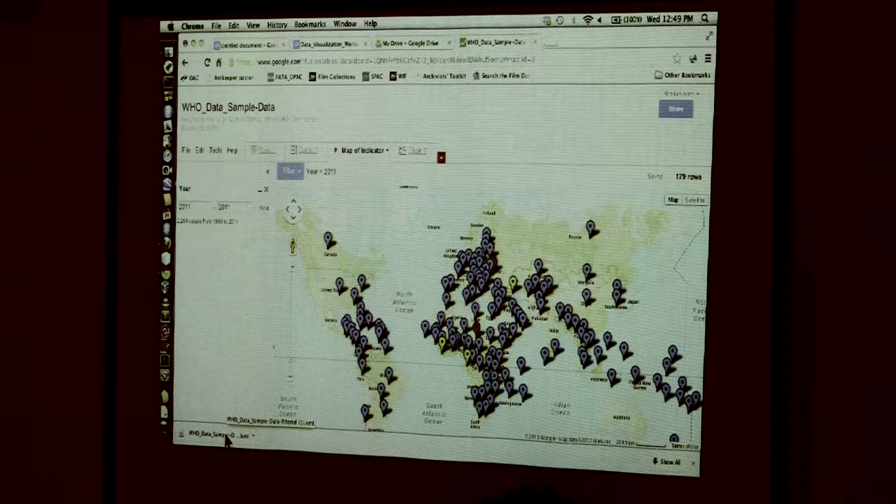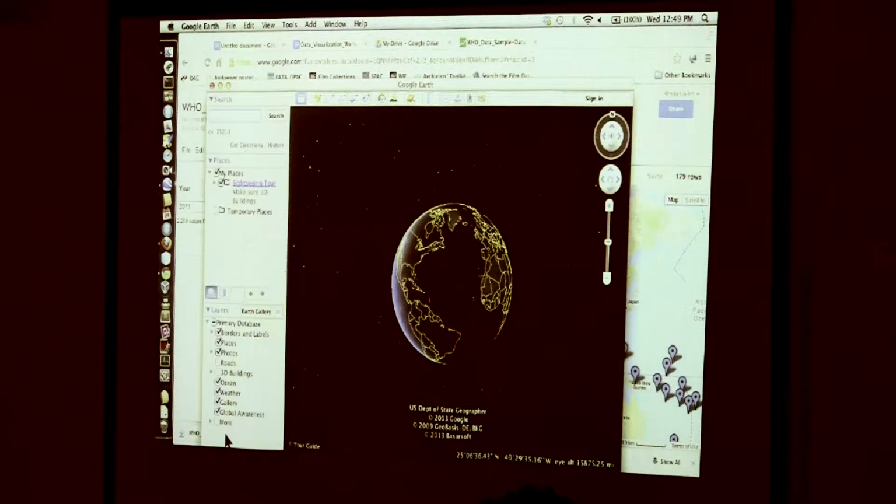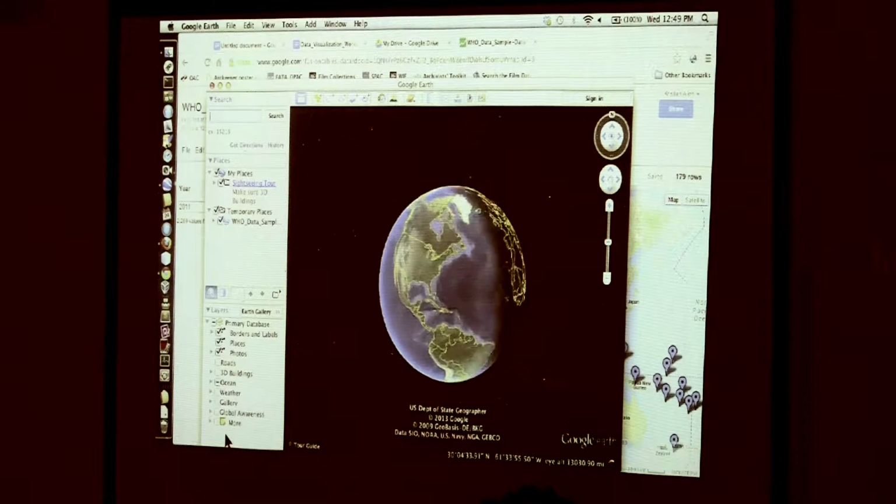Where this would be useful is an example we used in the digital library. We have a collection of LA Times photos that have the latitude and longitude for where they were taken. So we pulled down the ones that were related to the UCLA campus, and we were able to make a virtual tour